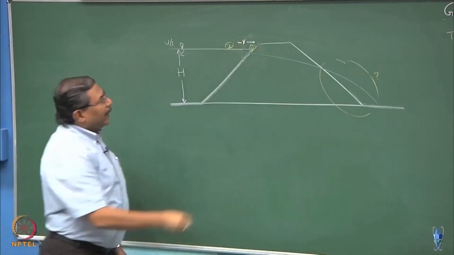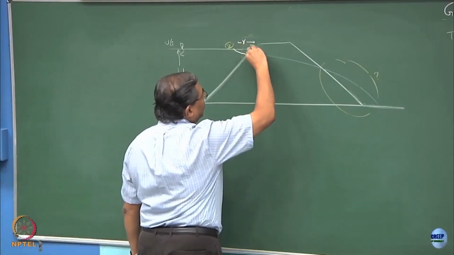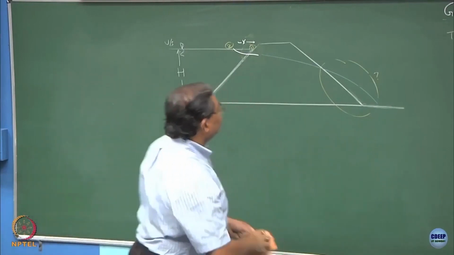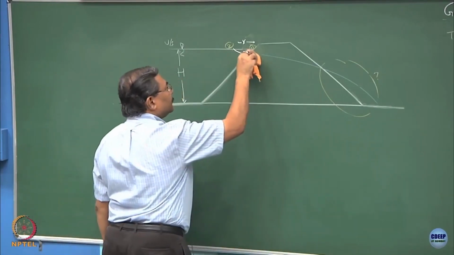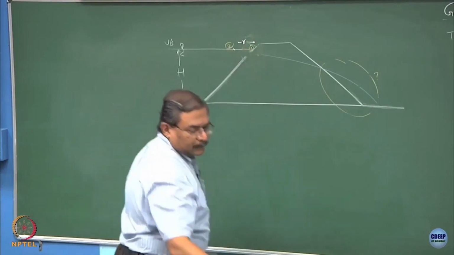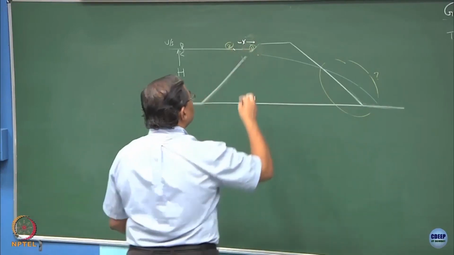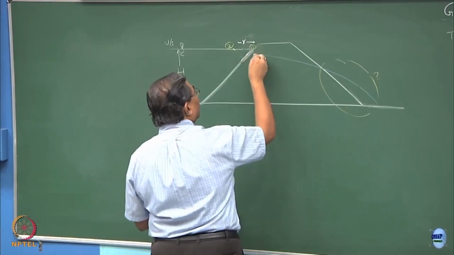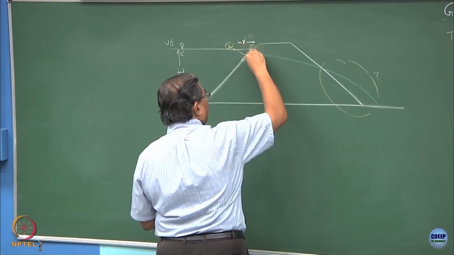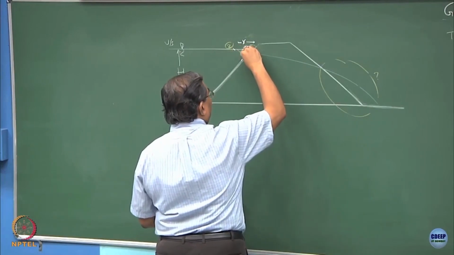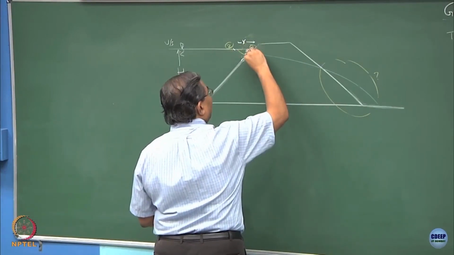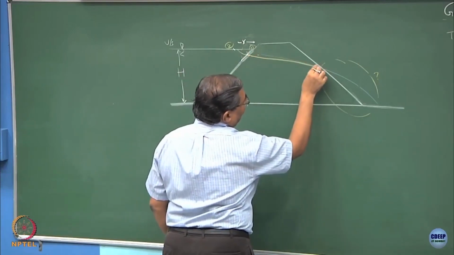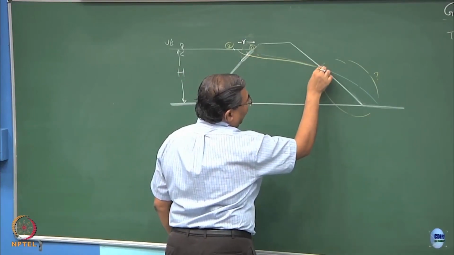So, the top phreatic line would start like this, okay. Now, this is near perpendicular, then what will happen? This will go further down. At this point,